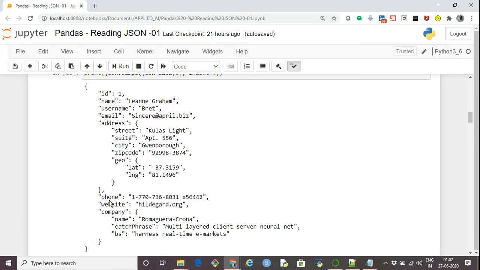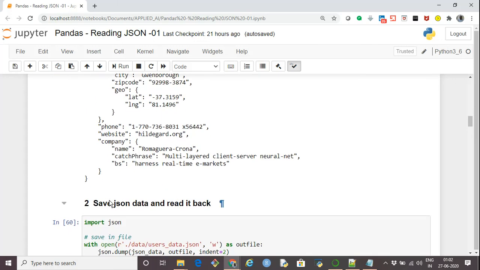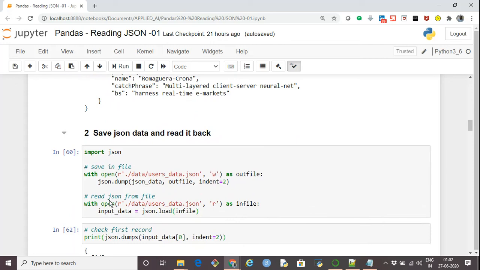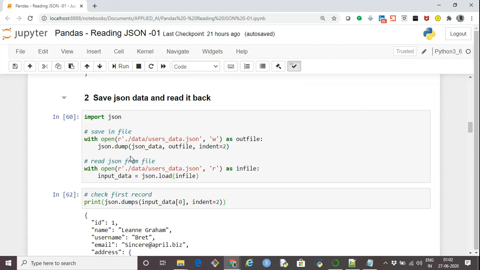Okay. Now, if we have to save the data, let's first save the data. I'm importing the json library and saving it into a data folder, giving the name of the file as users_data.json. I'm writing it out, so I'm using the w mode, and using json.dump, with the name of the object, which is json_data.